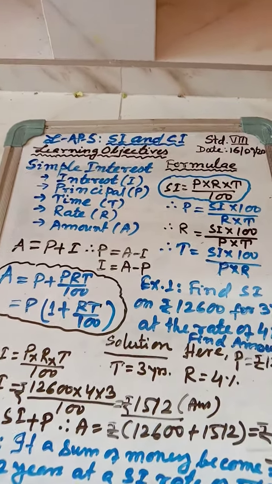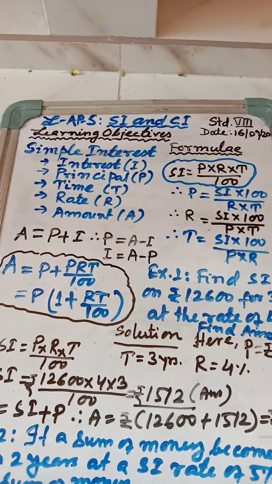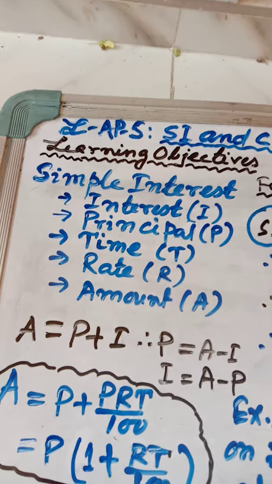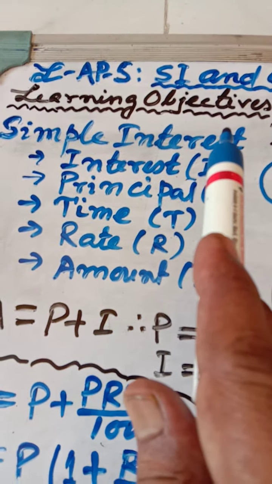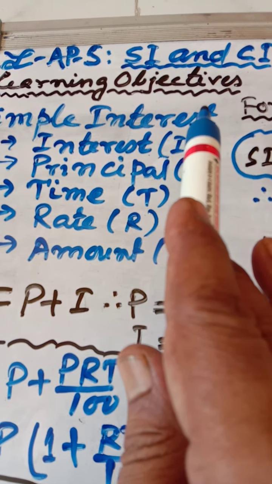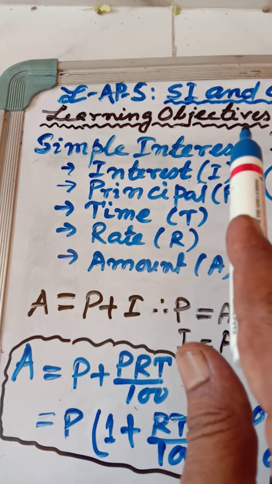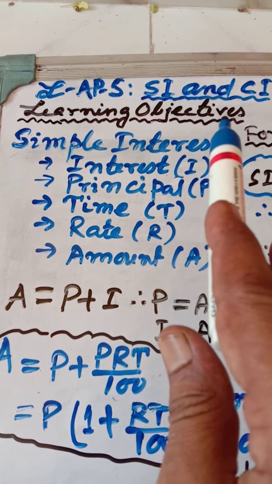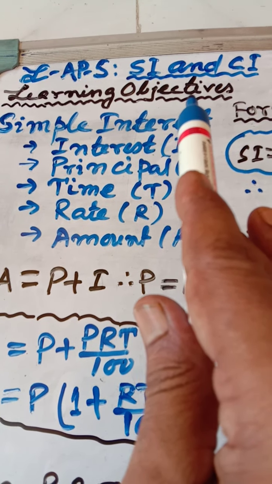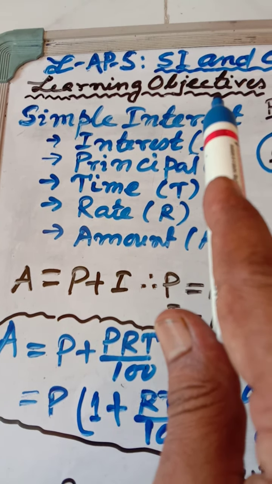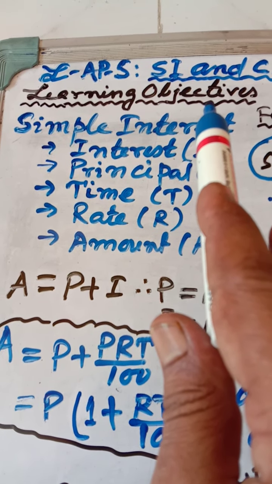Only one formula, if I have not included in your standard 7, that has to be emphasized, that I will tell you. So what are the key aspects today to learn about simple interest is, first of all, simple interest is what when you are putting some money under investment, after a period of time you get some extra amount of money. Suppose you are depositing money in your account in a bank, then bank after a year, usually bank